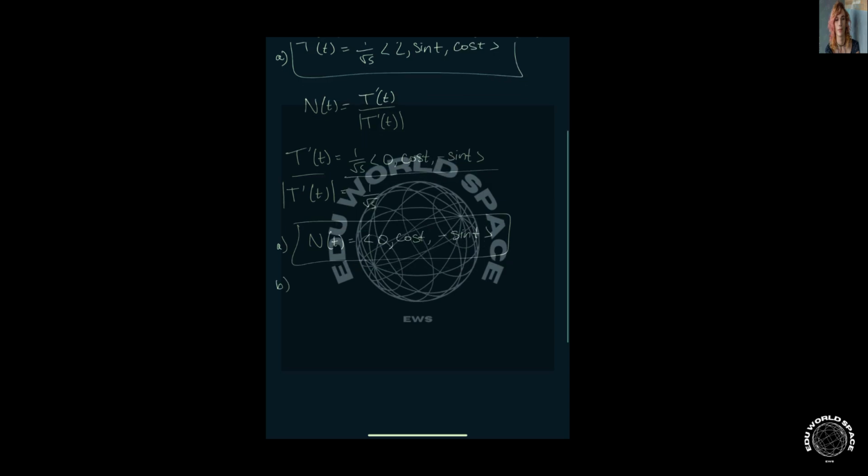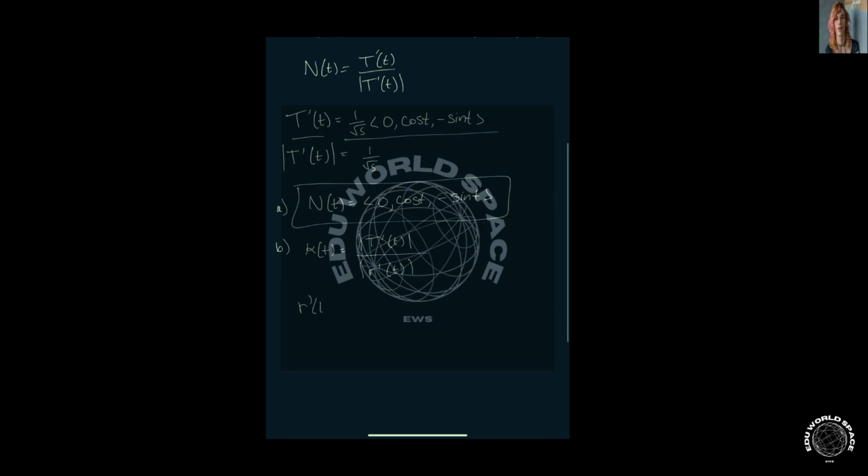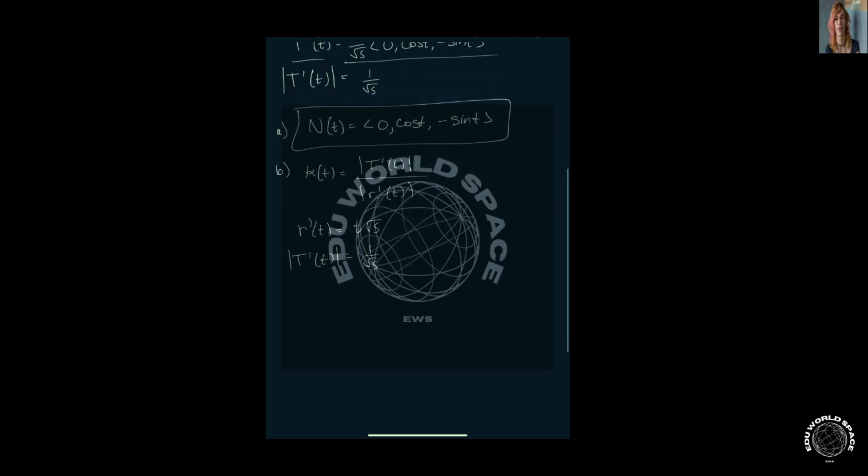Now we're on to part B. For part B, we want to find curvature, and the formula for curvature is the magnitude of the derivative of the unit tangent vector over the magnitude of r prime of t. So from part A, we already know the magnitude of r prime of t is equal to t root 5, and the magnitude of T prime of t is equal to 1 over root 5. So all we have to do now is just divide those,